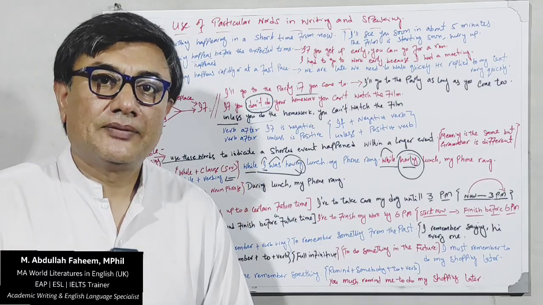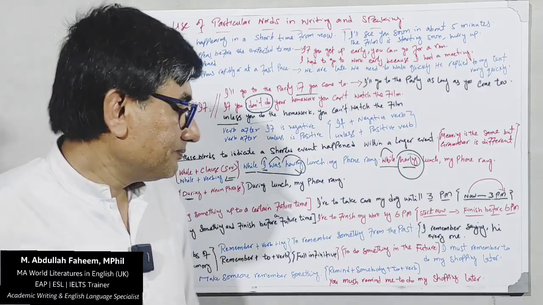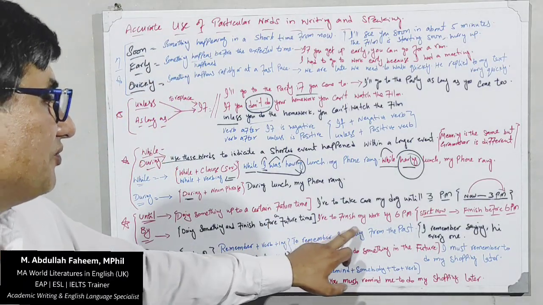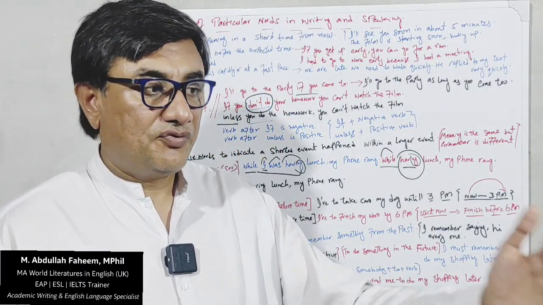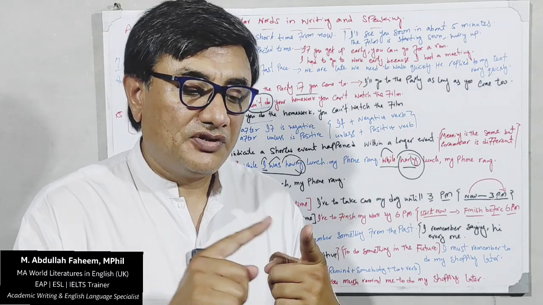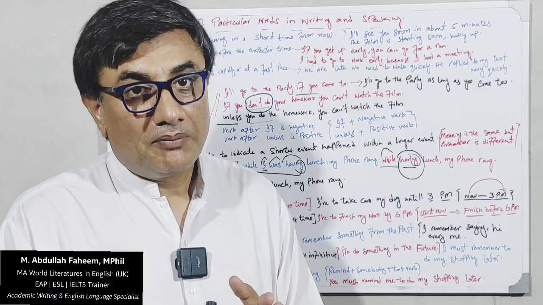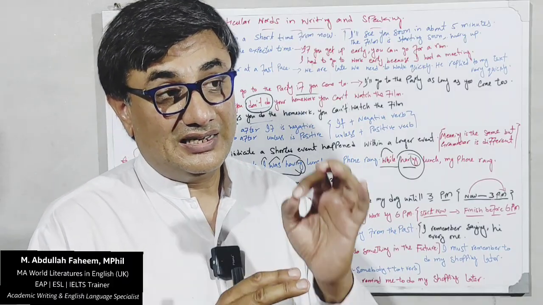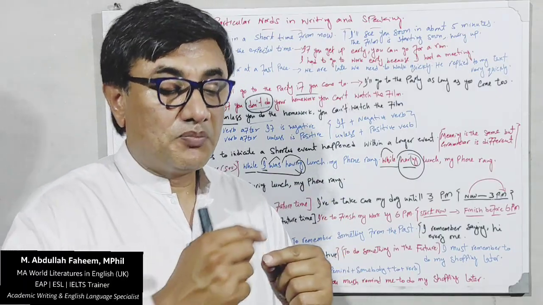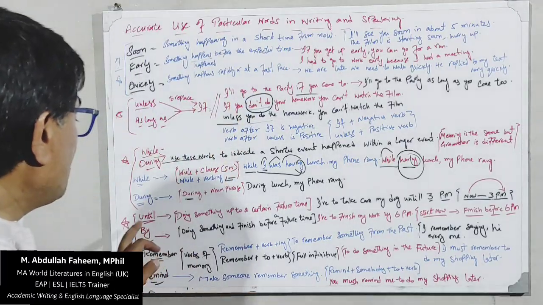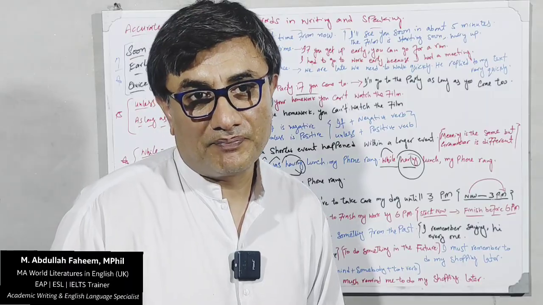By means doing something and finishing something before the future time. For example, I have to finish my work by 6 p.m. This means from now on I have to finish my work by 6 o'clock. I can finish by 4 o'clock, I can finish by 3 o'clock, I can finish by 5 o'clock, but it's not necessary that I will exactly finish my work at 6 o'clock, because it's by. When you use until, this means 5 is your limit, you are going to work until 5 p.m. So this is the difference.